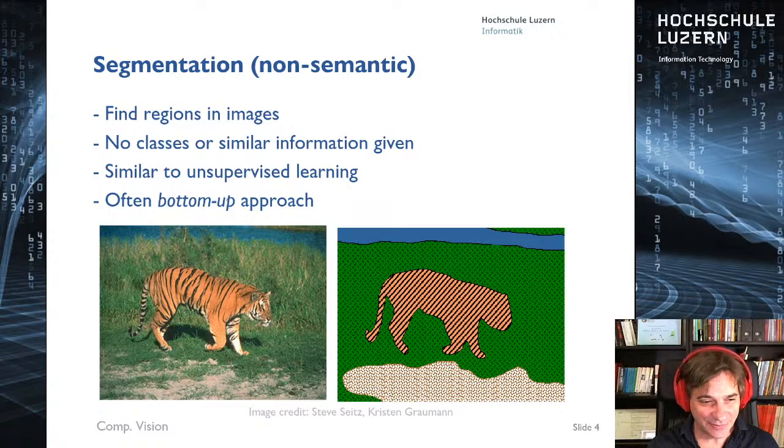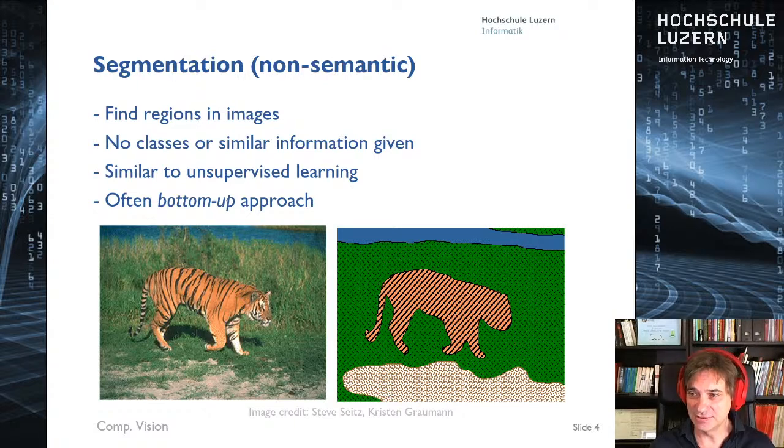So what do we mean by segmentation actually again? We don't have semantic segmentation, but just segmentation. We will not be able to assign any classes to the image because we don't have any training images with classes to begin with. So what we want to do instead is, from the image in kind of a bottom-up approach, find regions that are probably similar